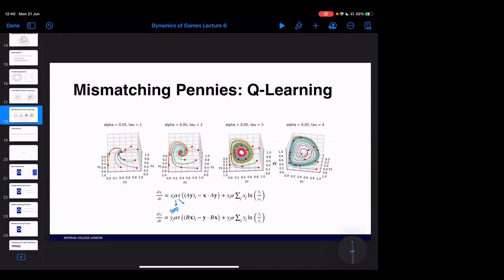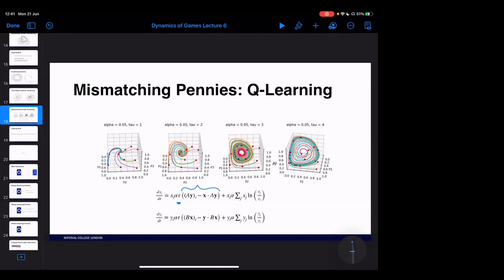So what we do is we look at Q-learning on this mismatching pennies game for different values of alpha and tau. And what ends up being seen is as you vary tau, specifically tau, you end up moving from something that was initially convergent, right? So we took the mismatching pennies game, which was completely convergent to begin with, and we start increasing tau. Now, if you notice in the equation, this tau parameter, if you increase it, what you're doing is you're increasing the contribution of this replicator type of term, right?